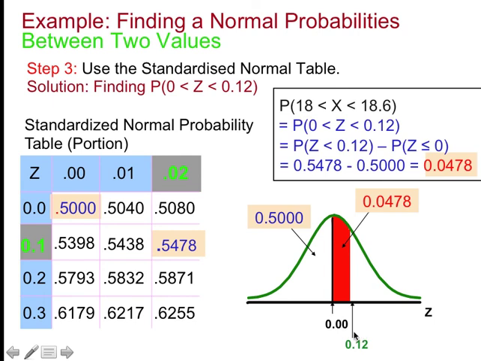So essentially, we just need to subtract the results for those two z-scores. In this case, the probability for 0.12 is 0.5478, and that of 0 is 0.5, and that gives a value of 0.0478,